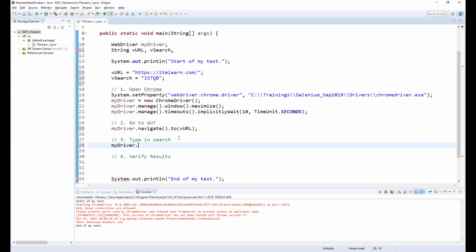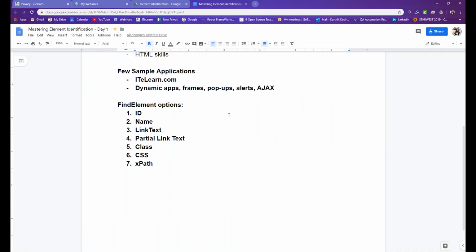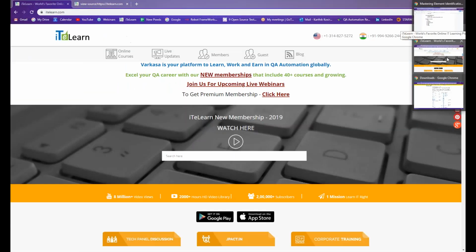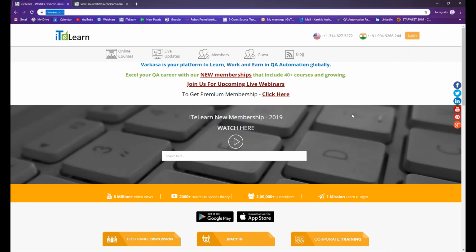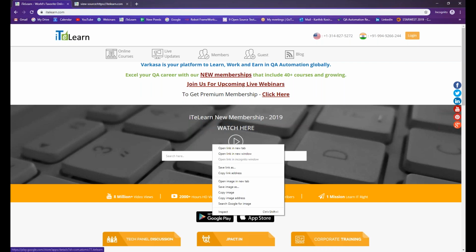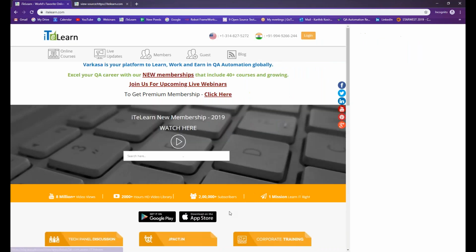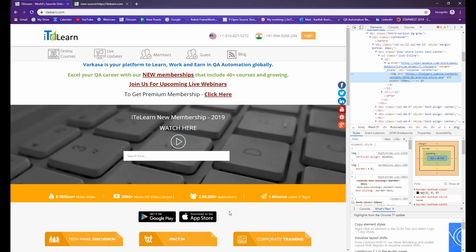So what do I mean by these details? The whole point is when Selenium tries to identify something on the application, it needs some set of information, and that information is provided in the HTML code that I was saying, correct? So if you click on any of these, for example, let's say Get it on Google Play, right click and say inspect. That command, team, inspect, is a very key thing. So please remember that. Right click and say inspect, and you would notice